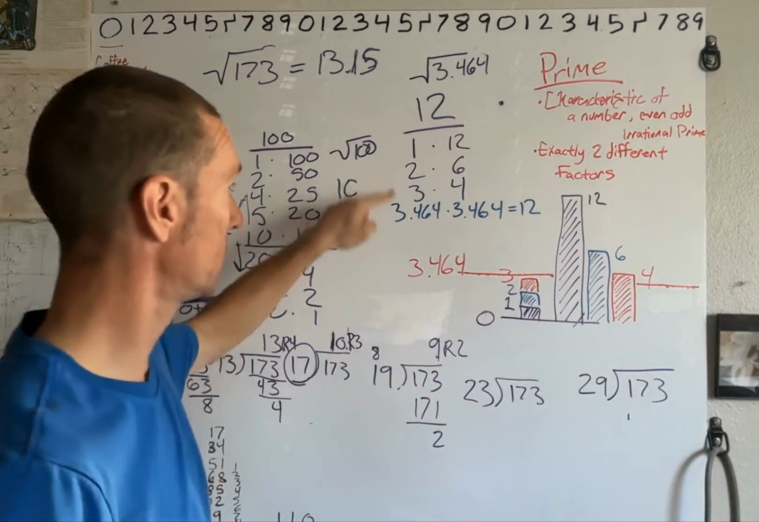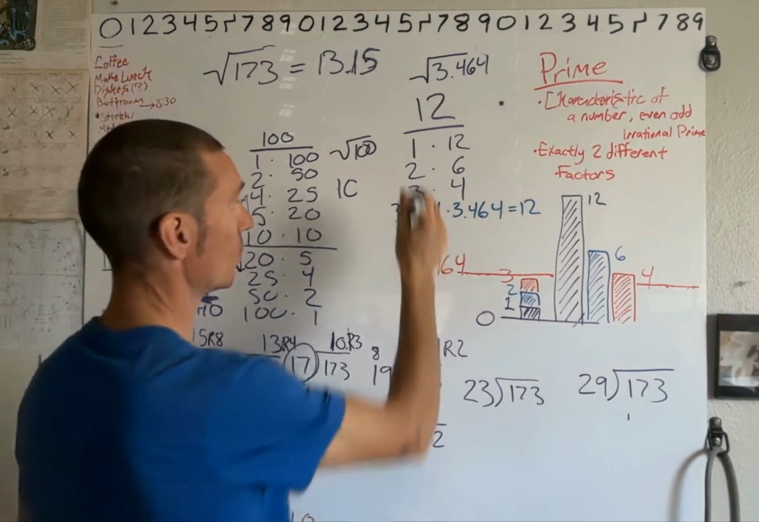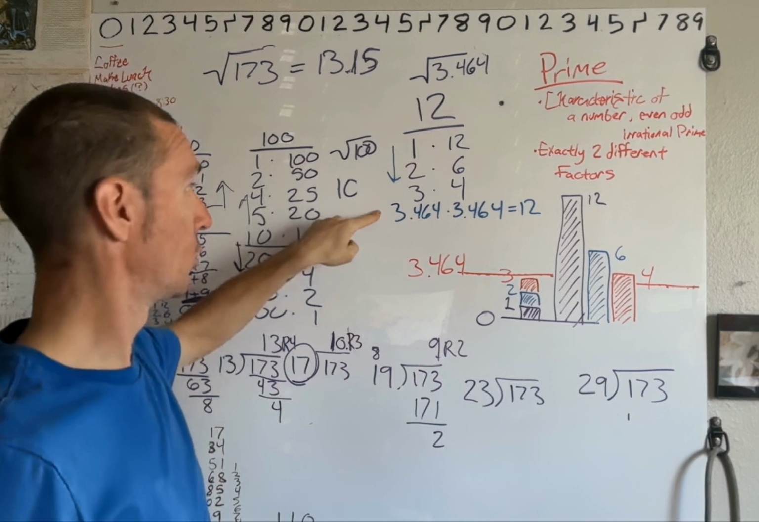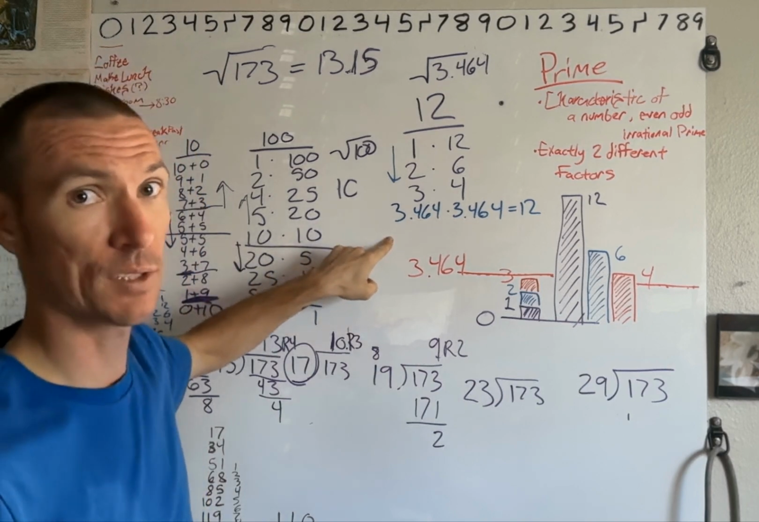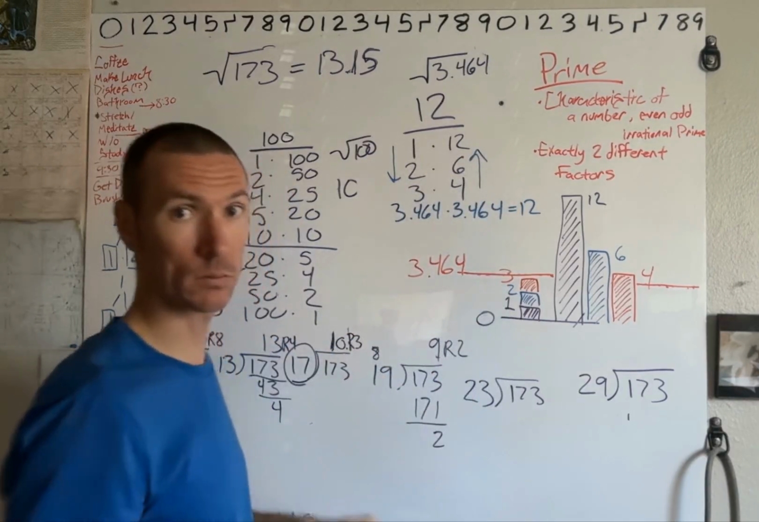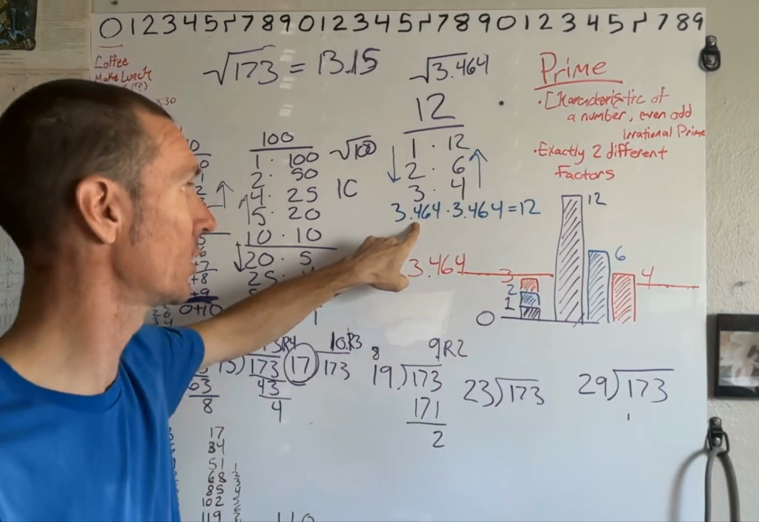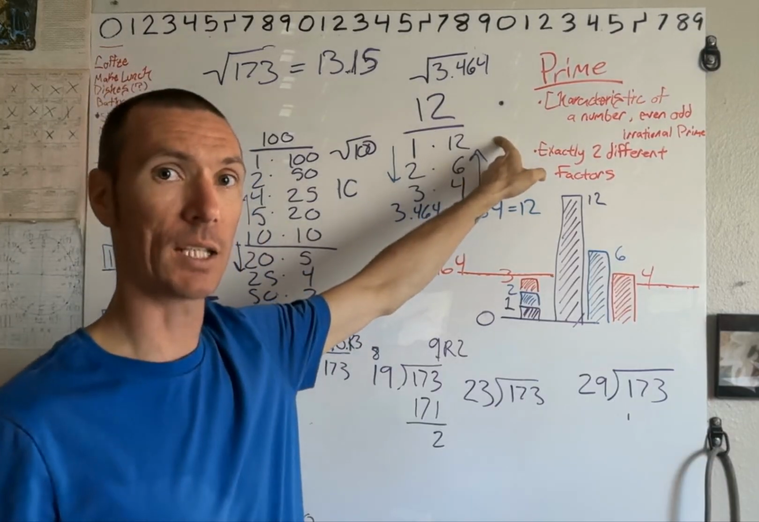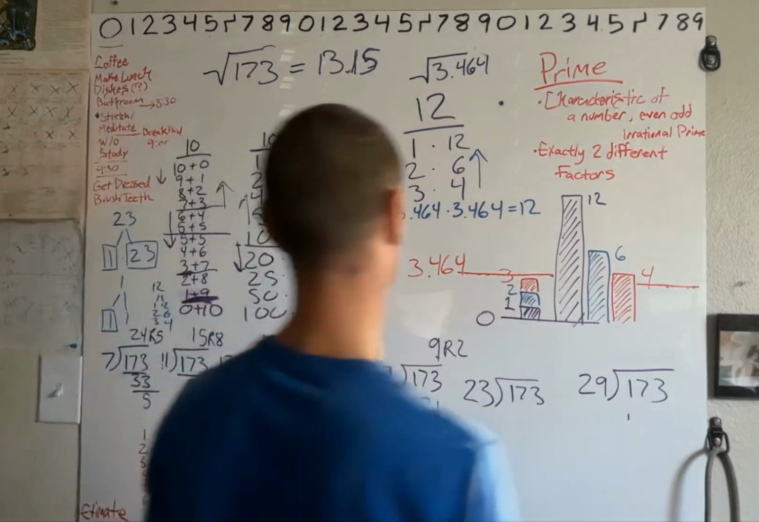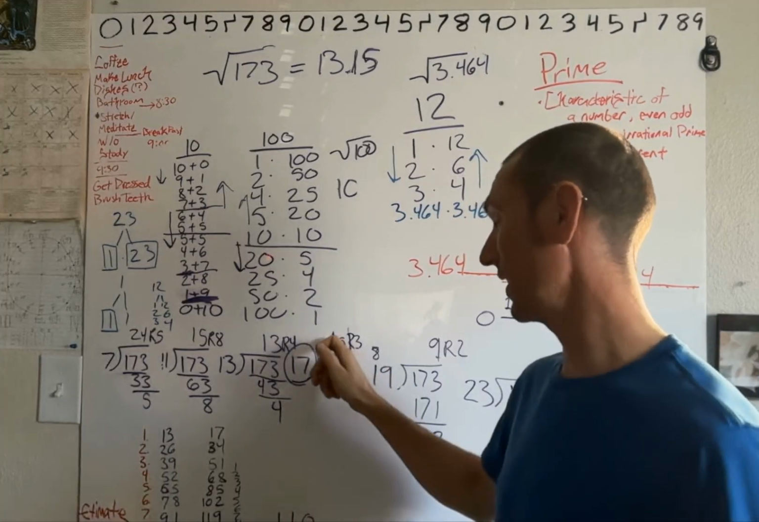So we don't need to go above 1, 2, 3. We don't need to go to 4 on the left-hand side because 4 is already satisfied on our right-hand side. Anything above 3.464 is going to be already satisfied in this column. So once we hit